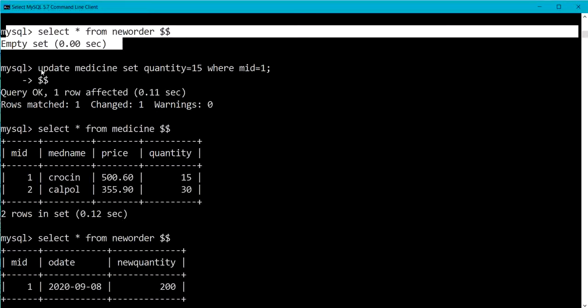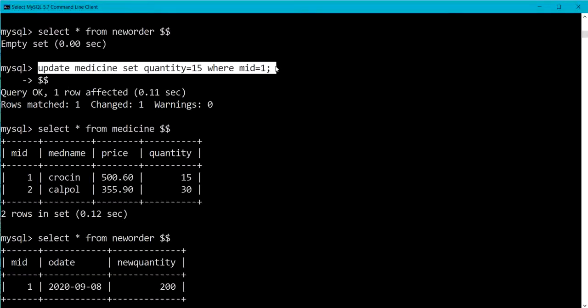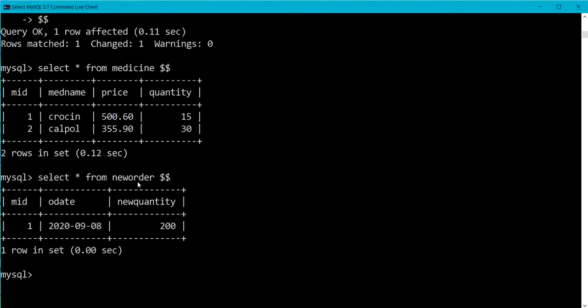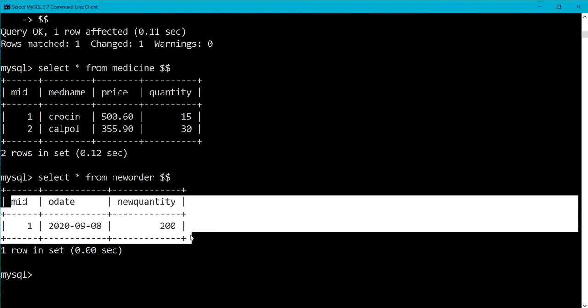When we wrote the update statement for setting the quantity of medicine, as the medicine quantity was less than the specified threshold, the trigger was executed and the new order has been placed into the new order table. The medicine ID is 1, the order date is today's date and the new quantity is 200.